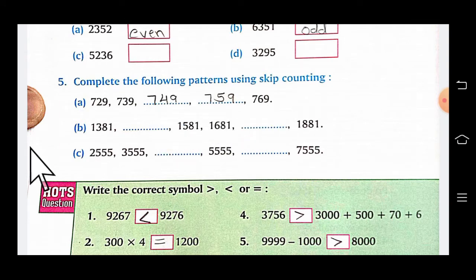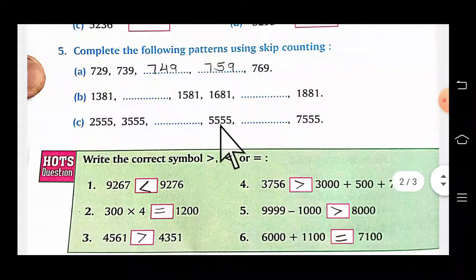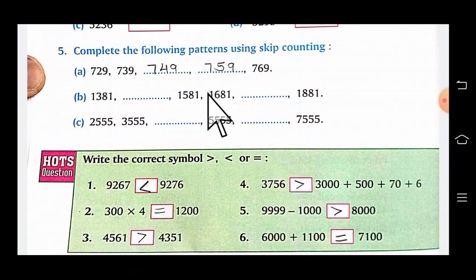Now in the second, the first number is given, but the second is not given. Now the third and fourth are given. So what you are doing? You subtract the third number from the fourth. So you get the difference between two numbers. It is 10, 100 और 1000. वो आप फाइंड आउट करोगे और उसके अकॉर्डिंग आप ये सेकंड और थर्ड स्किप काउंटिंग डन करोगे.